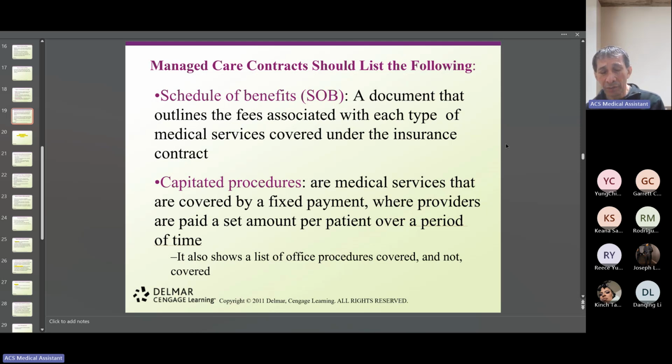Be careful with these terms because they are very important, at least for you to understand. When you get your insurance and go to your medical doctor and they say, oh, this service is not covered by your insurance, don't get upset. This has nothing to do with the doctor. This has to do with the insurance that you have, the plan that you selected, or the plan that was assigned to you. Unfortunately, that's how it works.